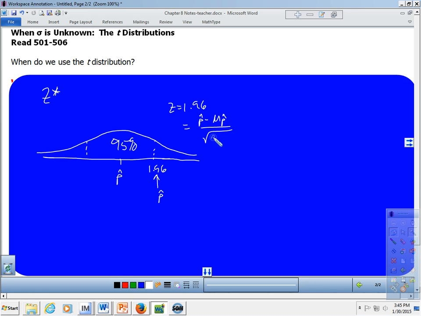Which is going to be, well, it would have been p times 1 minus p all over n, okay? No problem. And there's not a whole lot of problem going from the actual population proportion p, which we're not going to know, to using the mean or the center of your sampling distribution. And there wasn't a whole lot of issue with knowing that we don't have the population parameter,